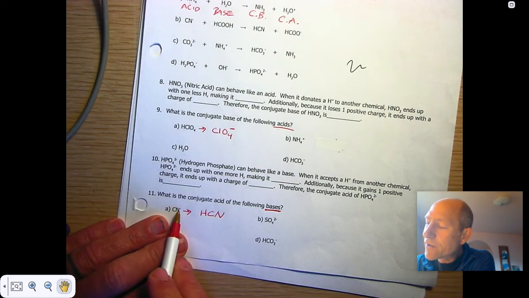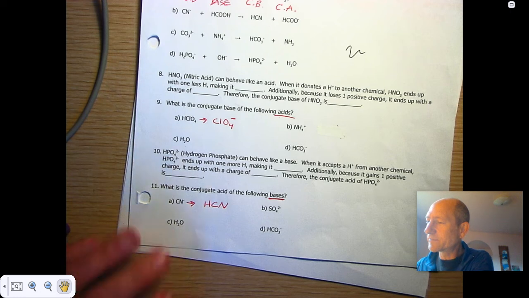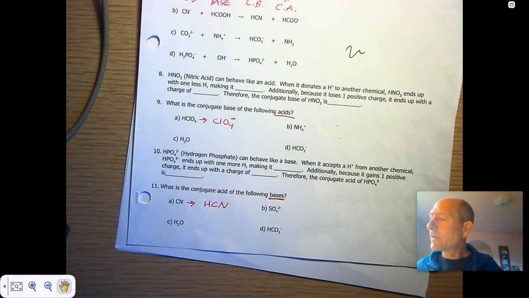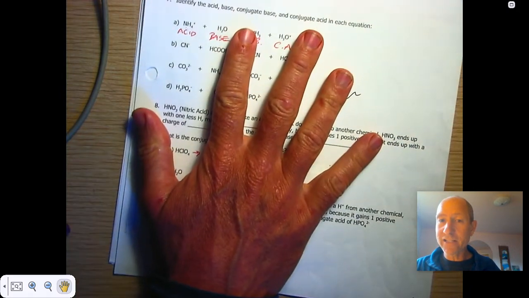And then if it starts off with a negative charge and it accepts 1 more positive, 1 more positive than -1 is neutral. So it's going to go from having a charge of -1 to a charge of neutral hydrogen cyanide. Okay, so you guys can fill that out, finish this, do it,